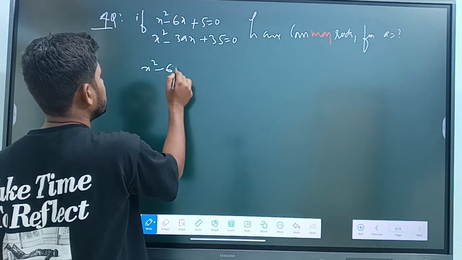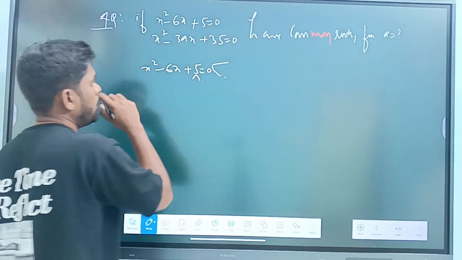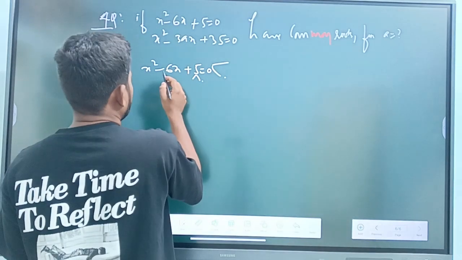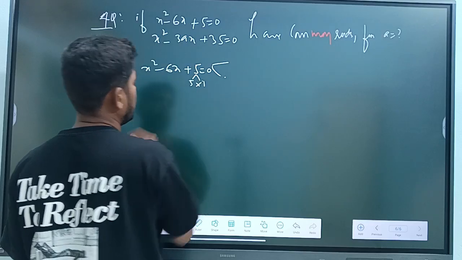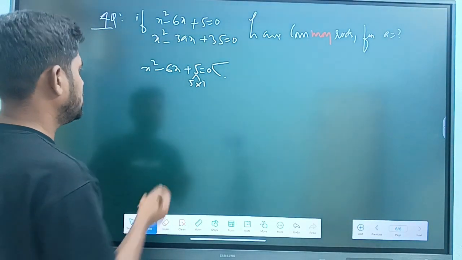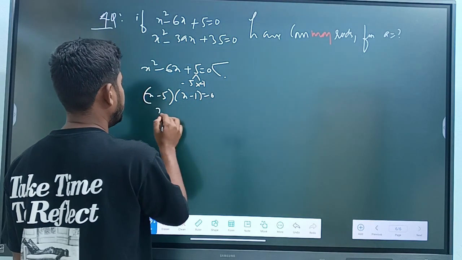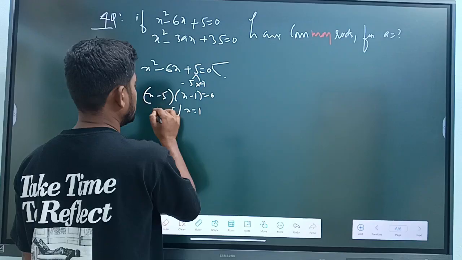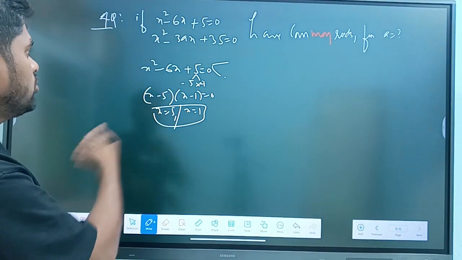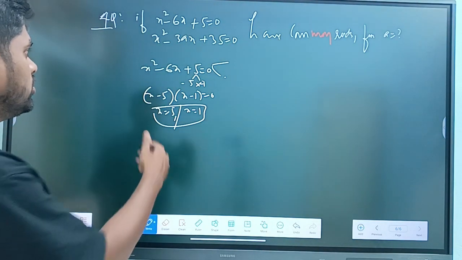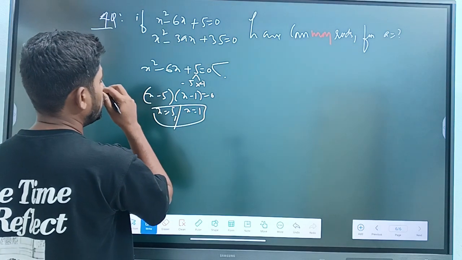సో ఎక్స్ స్క్వేర్ మైనస్ 6x ప్లస్ 5 ఈక్వల్ టు 0, ఇట్ హాస్ 2 రూట్స్. సో జనరల్ రూట్ ఏమవుతుంది, 1 into 5 అవుతుంది, x minus 5 x minus 1, roots x equal to 5, x equal to 1. This is what common root, but delta negative అవ్వదు, ఇదే అవుతుంది. సో వన్ ఆఫ్ ద రూట్ ఇస్ ద కామన్ రూట్. సో ఏదో ఒకటి సబ్స్టిట్యూట్ చేయండి, మీకు వాల్యూ వస్తుంది. సో అక్కడ నేను 5 తీసుకున్నాను అనుకోండి, ఏమవుతుంది,